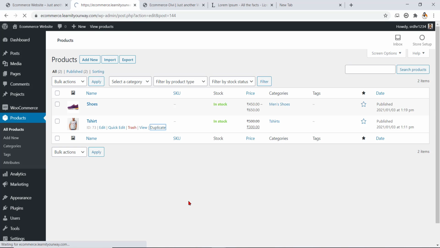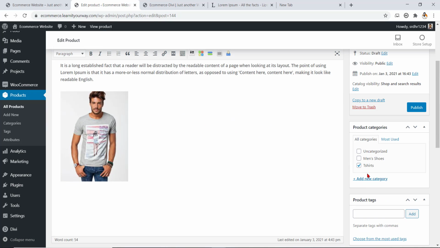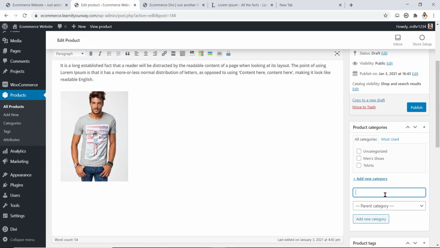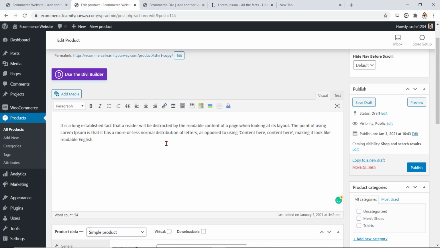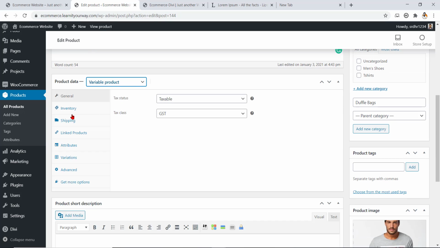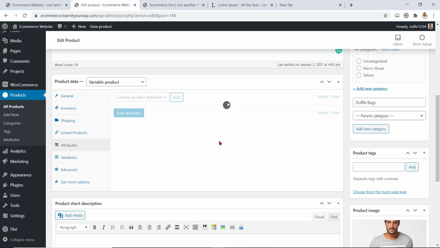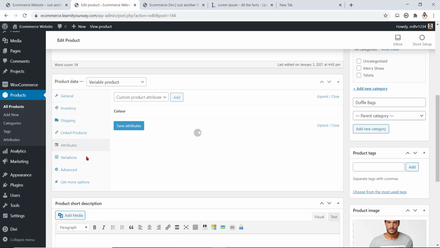I can duplicate this product and give a name, for example, bags. Okay, and over here I can create a category such as duffel bags. I don't need this image, I would delete this. This would be a variable product which will be having two variations. That is, first of all, it would be black in color. That is only color, only one variation. In fact, the color is red and black, only one attribute. And then save attributes, go to variations,